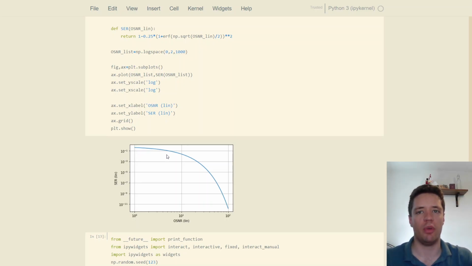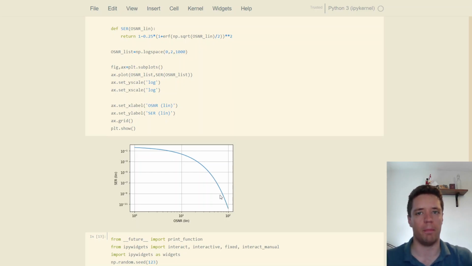But we also see that if we increase the signal-to-noise ratio even to moderately good amounts, it actually drops off quite quickly. You can see we have a signal-to-noise ratio of around 10, and that gives us an error rate of around 1%. But if we boost it up to around 100, then it's already down to 10 to the negative 11. There's a pretty steep drop-off right here, where the risk of making a simple mistake decreases quite rapidly